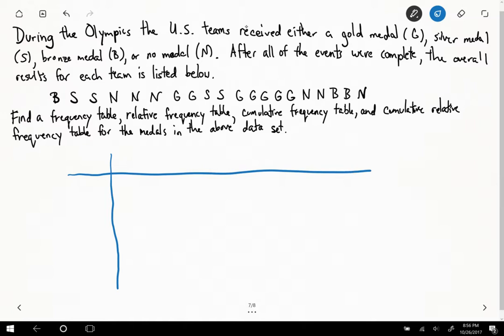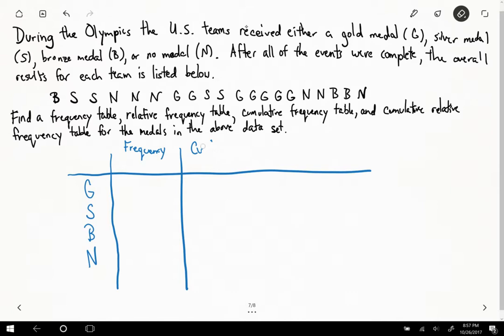I'll just make it one whole big table. Obviously the things we're searching for are gold first, and then usually silver, then bronze, and then we would go wah wah wah wah for those people that got no medal, right? And as I said, I'm going to try and combine them all into one. So if you have a frequency table, oops, I think I put relative frequency. It doesn't matter which order technically you put them in, but